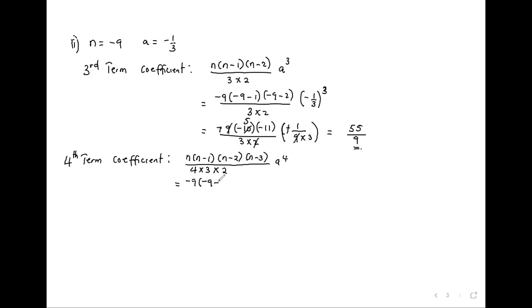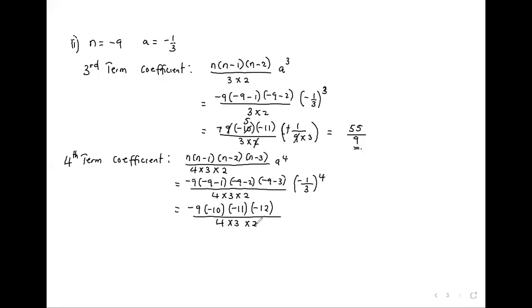That is -9, -9 minus 1, -9 minus 2, -9 minus 3 over 4 times 3 times 2, times -1 over 3 to the power 4. This is -9, -10, -11, -12 over 4 times 3 times 2, by